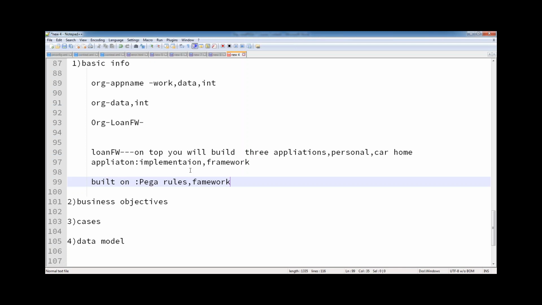Nobody can directly visualize the entire application at the start itself. So whatever we collectively visualize as the cases and data model that are required or may be required, we can keep them while creating an application. And even if you don't have the information, that is also fine, you can skip it and create it later.